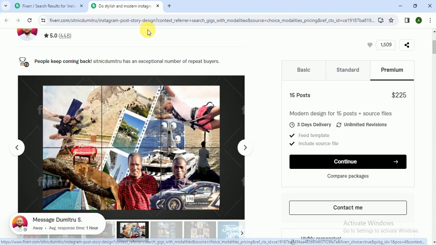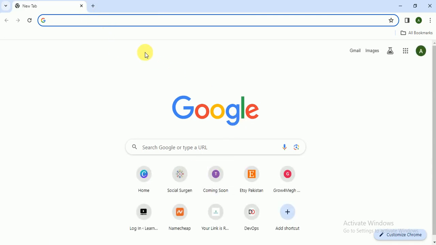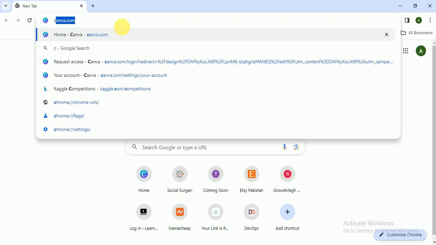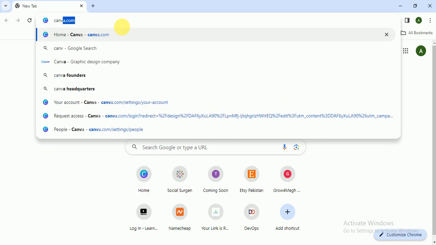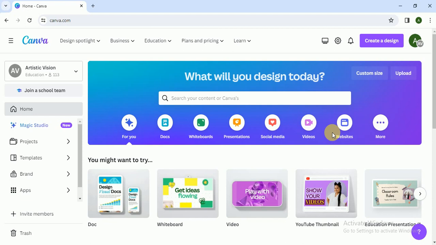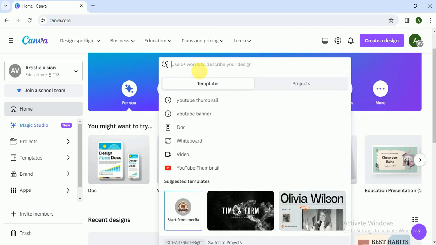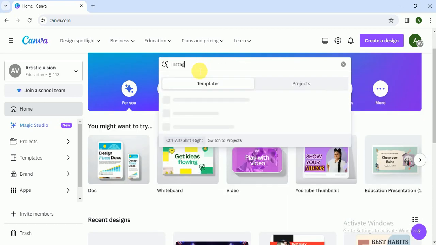So that's it, and let's move towards how we can create these eye-catching Instagram posts in some minutes. So I click on canva.com. If you don't know, canva.com is one of the best graphic designing software available online. It is very easy and handy to use. So let's start. So I click on the search button, and here I search for Instagram